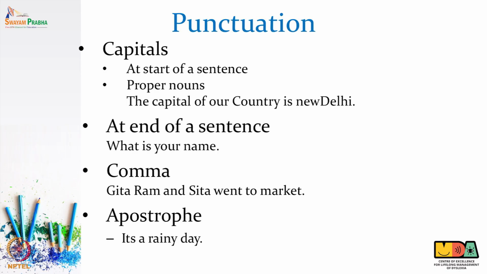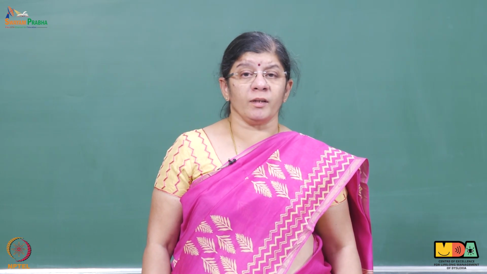Now, if you look at this slide, we have discussed a few of the concepts related to punctuation. We are talking about capitals, the full stop at the end of the sentence, comma and apostrophe. The examples quoted here have mistakes which are typically made by a child with specific learning disability. Children sometimes find it difficult to follow the punctuation and it does not come automatically to them. These need to be taught systematically in steps for them to understand the concept. Children with specific learning disability have severe difficulties in these areas and they need to be taught in steps and